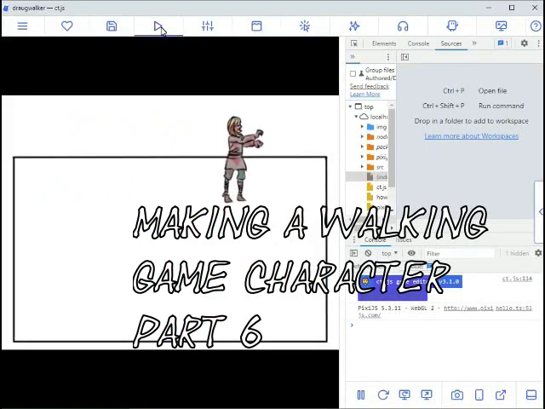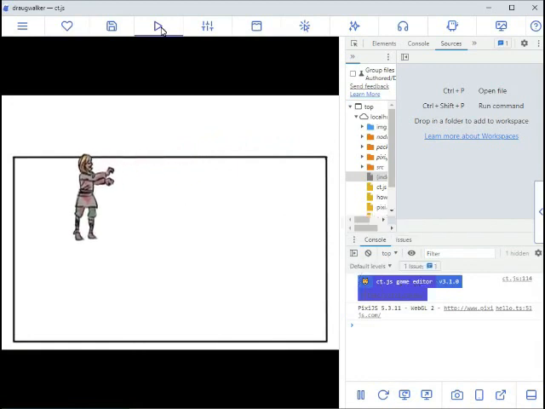Part 6 of making a walking game character using the ct.js engine. In part 5 we had the character moving around inside a rectangle but without running a walk cycle. In part 4 we briefly touched on sprite sheets versus separate sprites, and that I have a preference for